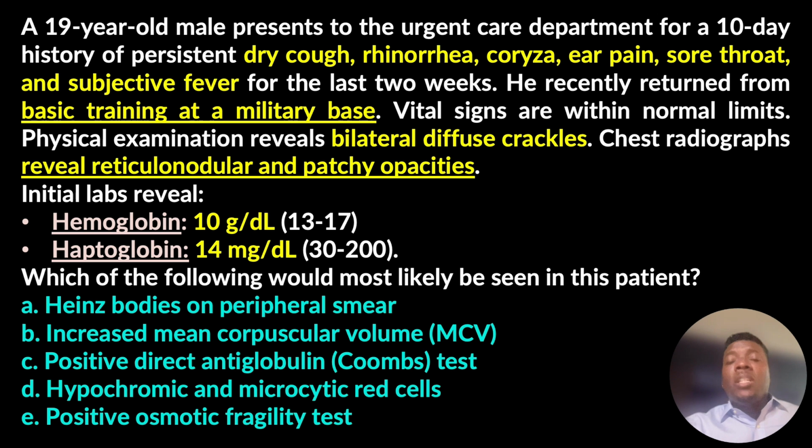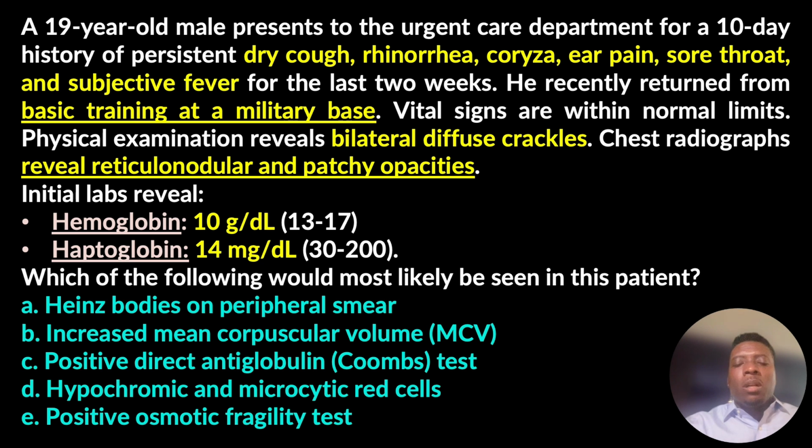So in this case, you have a young, healthy patient, 19-year-old. Otherwise, no real problems. He has this dry cough, these non-specific symptoms. He has a sore throat. He has subjective fever. He was recently at a training base, which means he was exposed to other people. And there is a classic atypical pattern of this particular nodular patchy opacities,